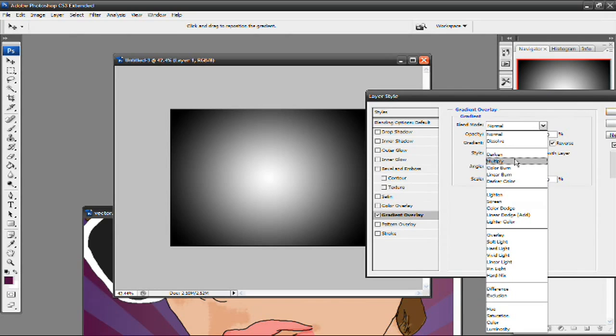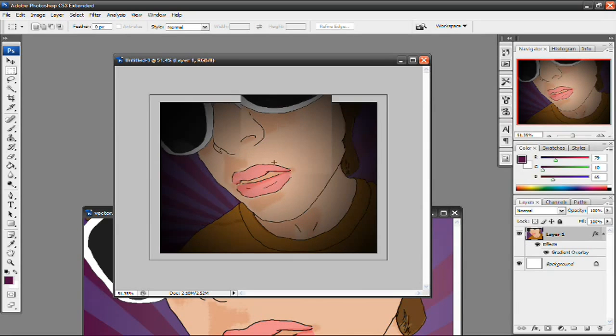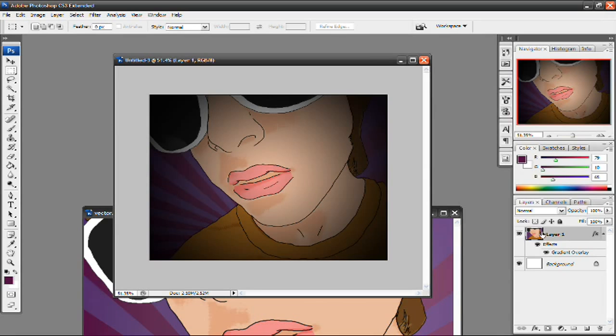And I'm going to change the blend mode to something like multiply. Multiply should do it. I'm going to bring the opacity down to maybe 90% and press OK. Now there it is. That's how it looks now. And I'm going to put a little text that says TSGB, and we're done with the